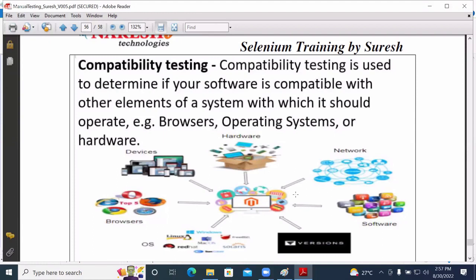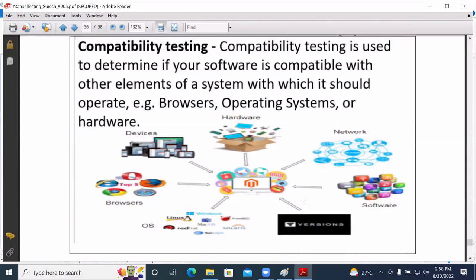So the meaning of compatibility testing is how compatible it is, whether it is compatible with multiple browsers and multiple versions. In a similar way, we have some more testing here.